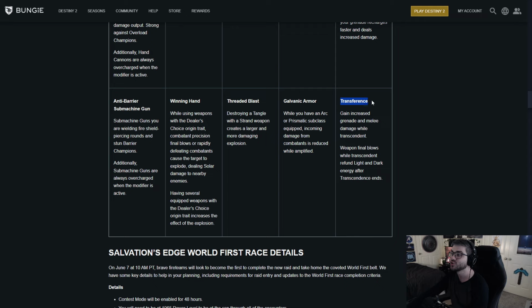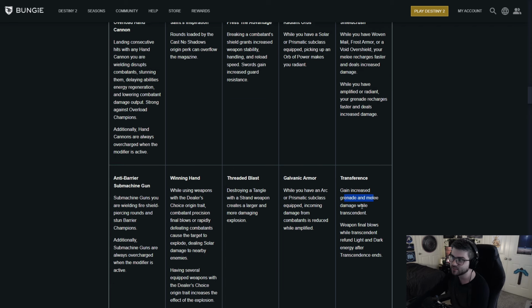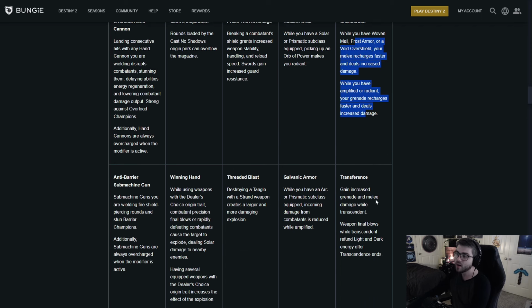Now, next up is Transference. Gain increased grenade and melee damage while Transcendent. Weapon final blows while Transcendent refund Light and Dark energy after Transcendence ends. So if I'm reading this correctly, this also seems like it's going to be extremely broken. Not only are you going to get the grenade and melee damage paired with Shield Crush, but on top of that,